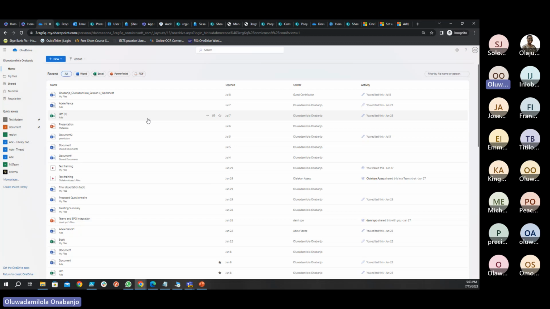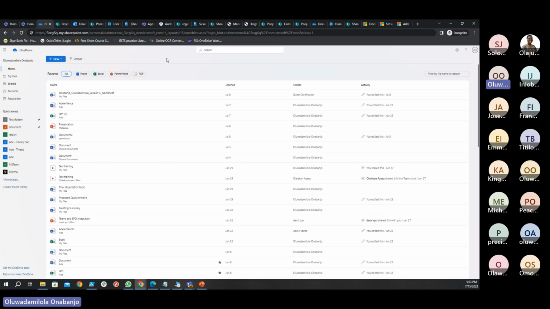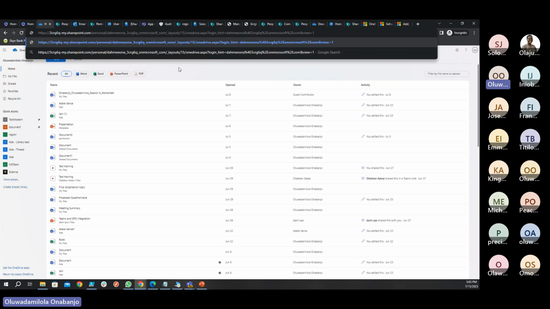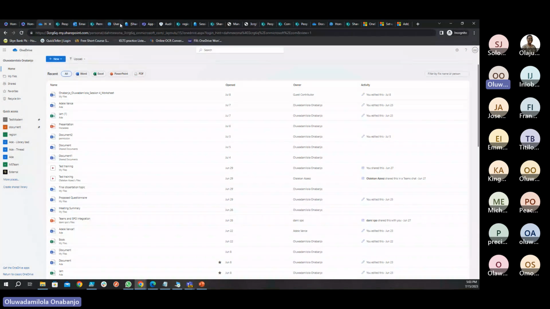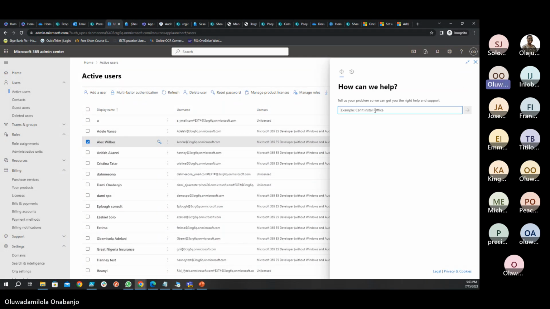Another popular scenario is the user account has been deleted, and probably you needed a file from the OneDrive, or it was recreated. Then a new OneDrive gets created for the user with a 1 at the end, but you need the user to get reconnected back to the old OneDrive URL. So this is now very easy, whereby there is a self-diagnostic that you can run from the admin portal that reconnects. Once you just click on the Help and Support, I think you just need to type in